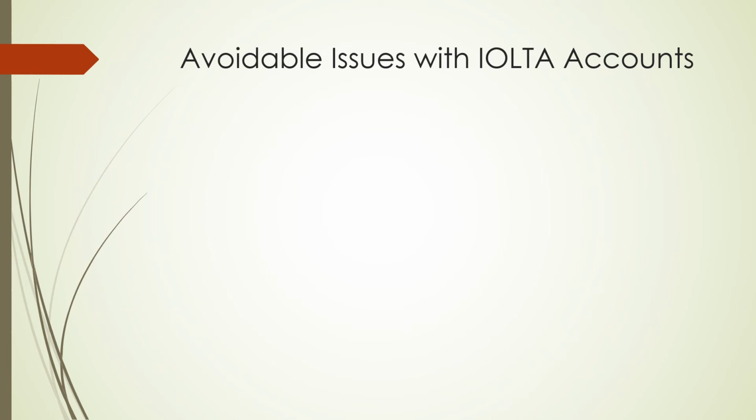So what kinds of relatively minor, avoidable IOLTA account problems do we commonly see at the Attorney Discipline Office? Often, overdrafts and out-of-trust situations occur because the law firm used the wrong checks when writing checks. The attorney meant to write a check out of the operating account, but inadvertently used a trust account check. This issue also occurs when law firms have multiple trust accounts and inadvertently use the checks for the wrong trust account. Law firms that handle real estate closings or practice in more than one state often have more than one IOLTA account, and this is an issue that comes up a few times every year before the Attorney Discipline Office.